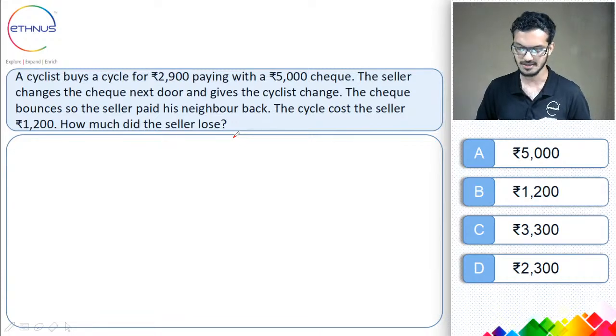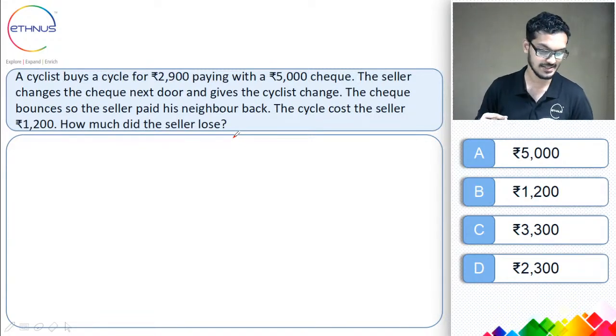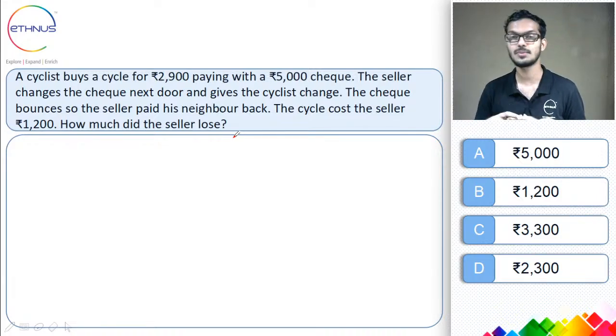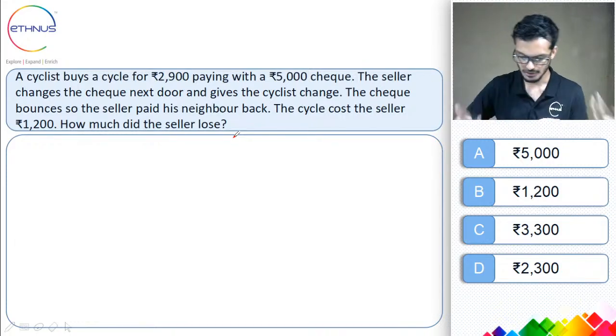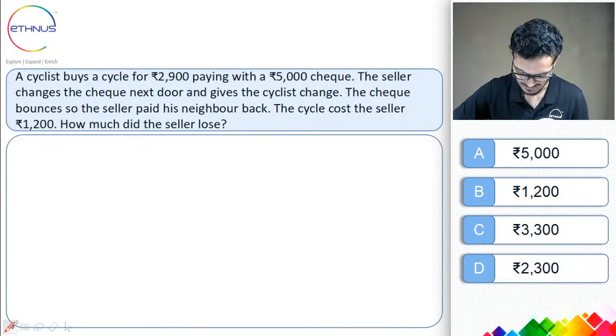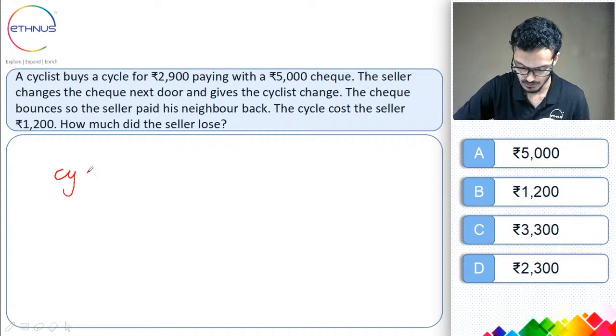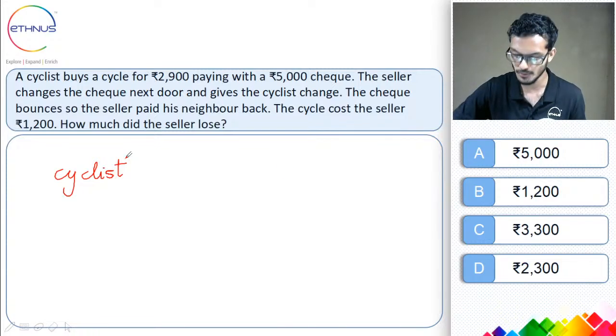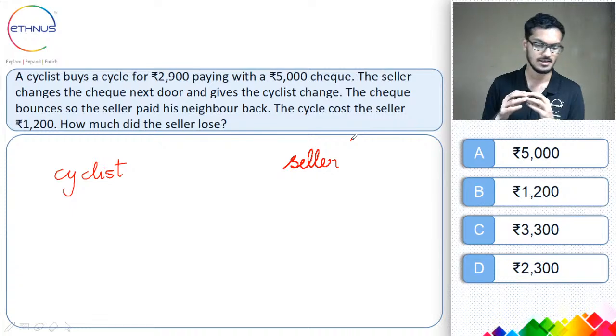Now you have here a cyclist buys a cycle for rupees 2,900 with a check, paying rupees 5,000 check. Okay, so there's one person here, that is the cyclist. So I'll write that person's name. So there is one person, the cyclist, and there is one more person who is a seller, who will be selling the cycle. Okay, so these are the two people that I know